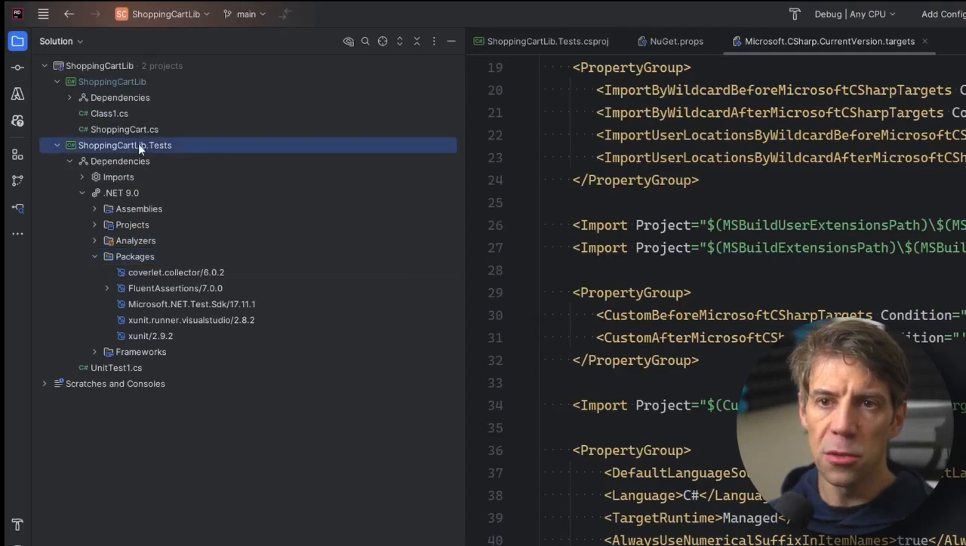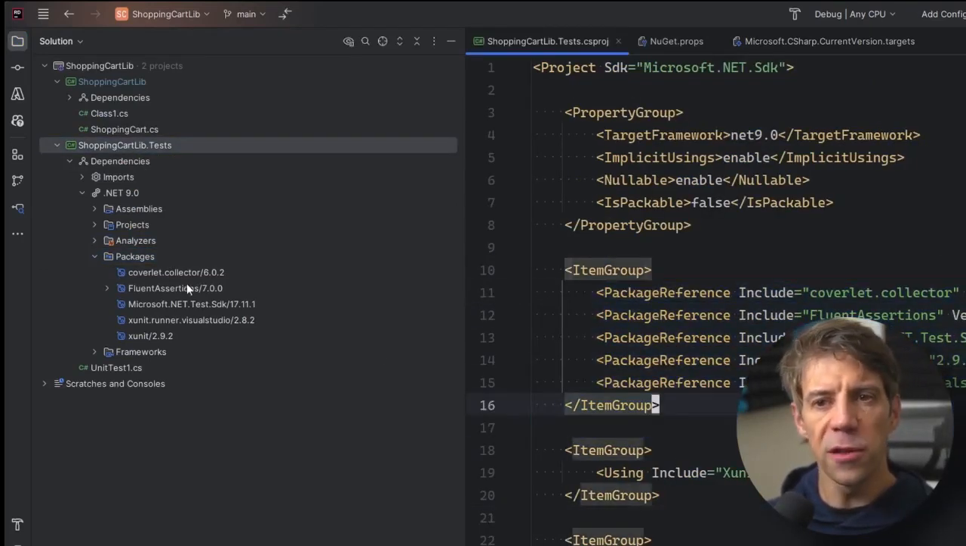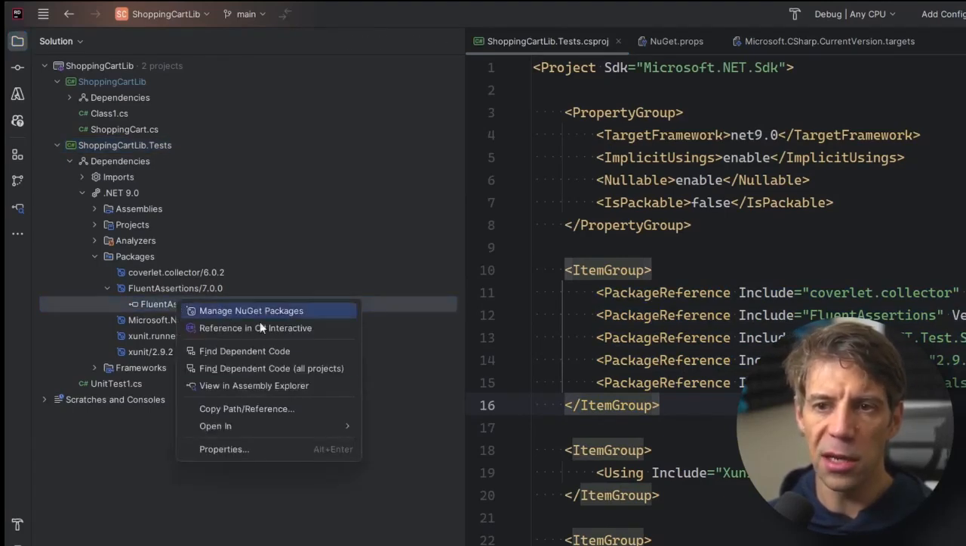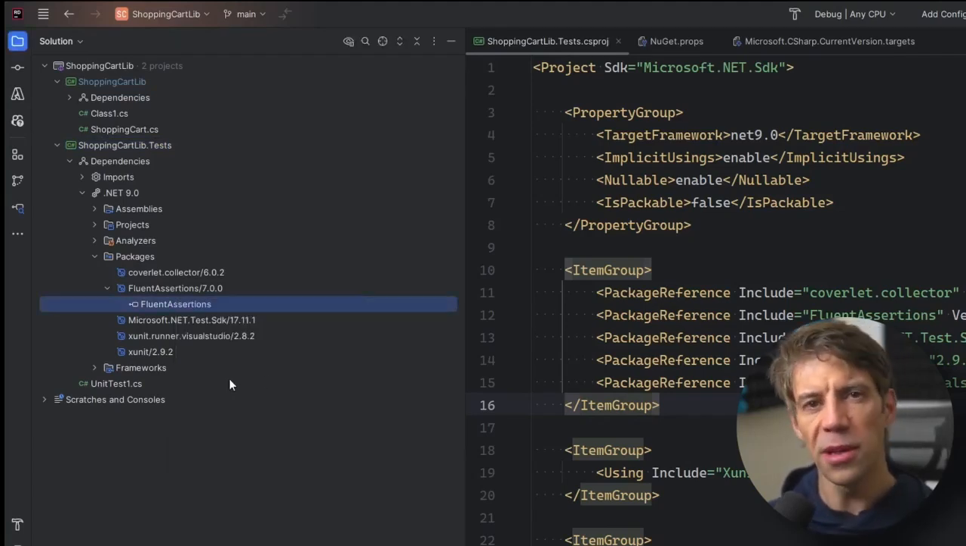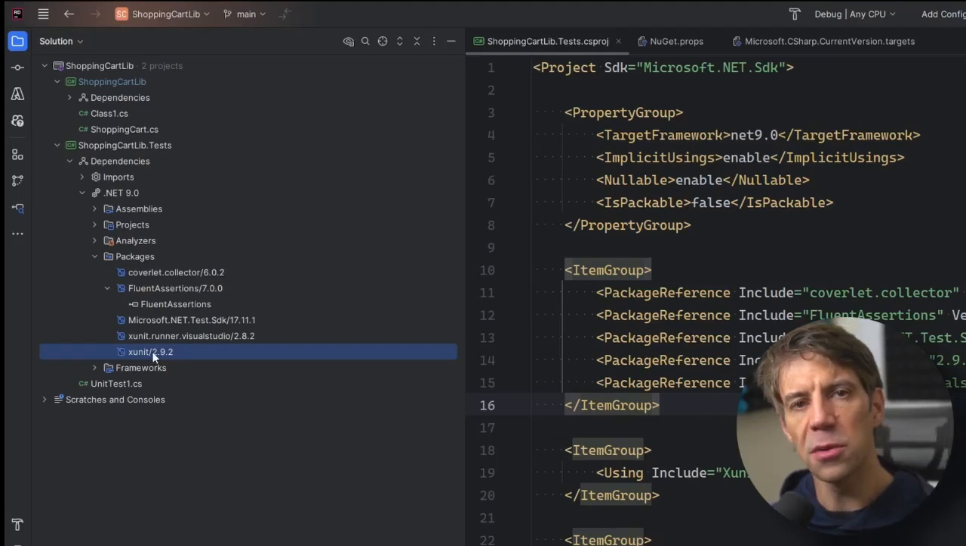Going back to F4 here, we can see those are listed here. You'll see that Fluent Assertions has a chevron, so we can expand it. That's when the NuGet package has a DLL in there. You can right click and view it in the Assembly Explorer if you want to disassemble it or view its symbols. You may be thinking, how come xUnit doesn't have DLLs in? Surely that's got DLLs in. The reason is that this NuGet package actually doesn't have DLLs in, but it has transitive dependencies to other DLLs